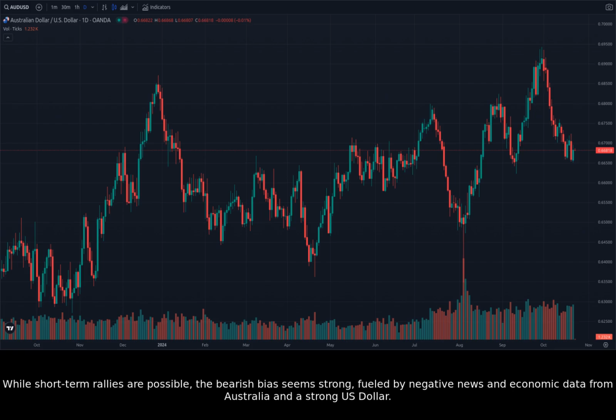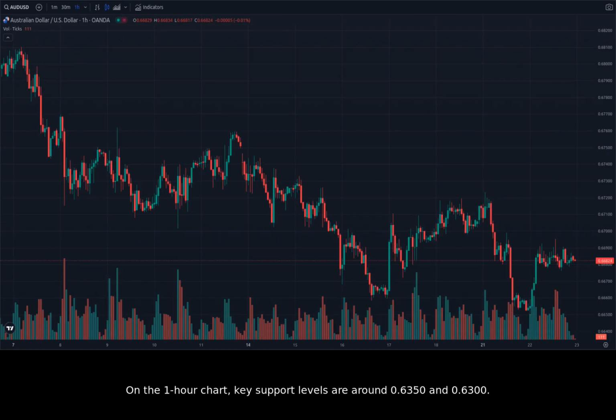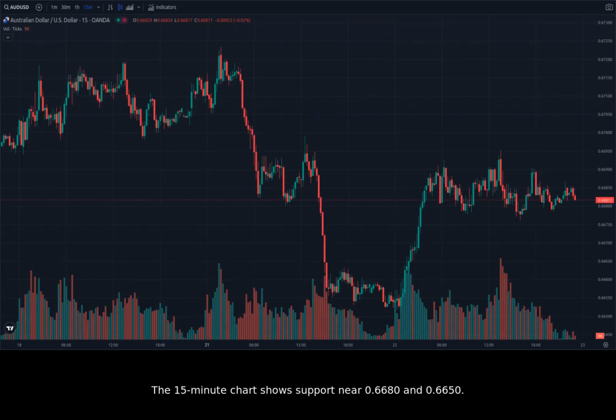a strong US dollar. The daily chart shows strong support at 0.6300 and 0.6200, while resistance lies near 0.6450. On the 1-hour chart, key support levels are around 0.6350 and 0.6300. Resistance levels on the 1-hour chart are near 0.6400 and 0.6450. The 15-minute chart shows support near